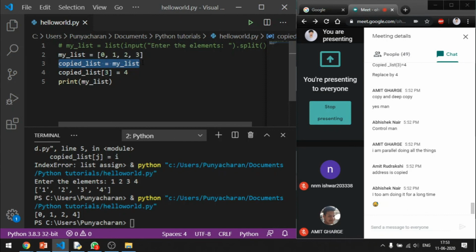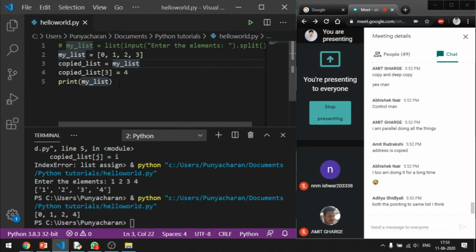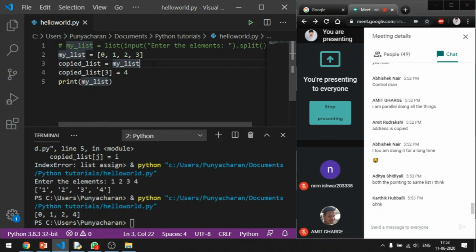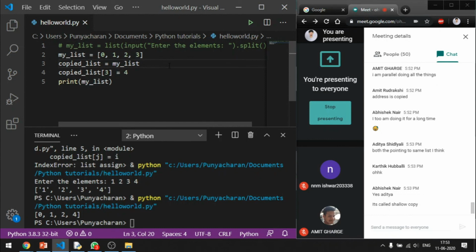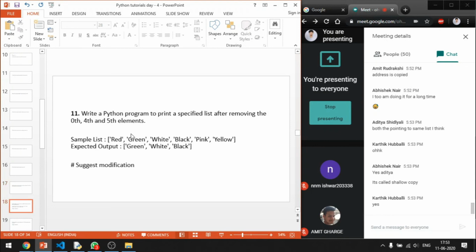This is called simply copy. What we did previously is deep copy, the append thing. Deep copy in the sense make a separate copy of it. Here we are just copying the reference or the address of the memory where this particular list is stored. As simple as that. So if you make any changes in copied list, it will also be reflected in my list, because essentially both of them are pointing to the same address in the memory, right? As simple as that. Shallow copy, yes. Hope this is clear.